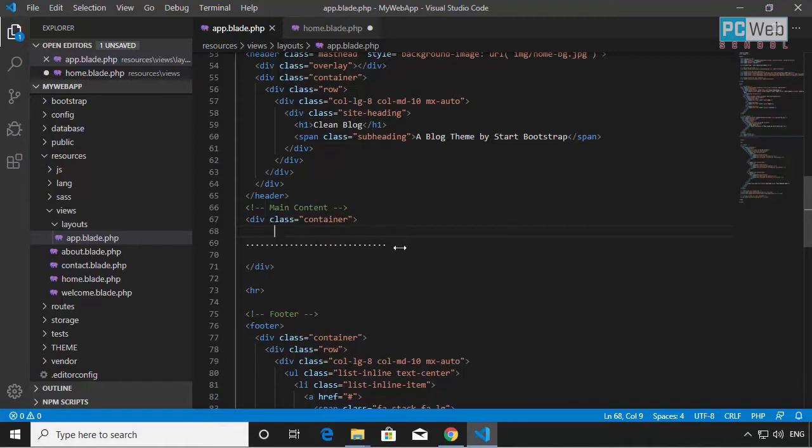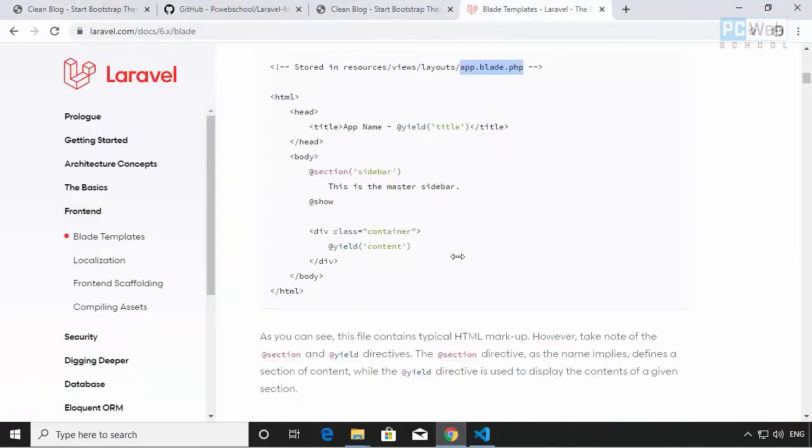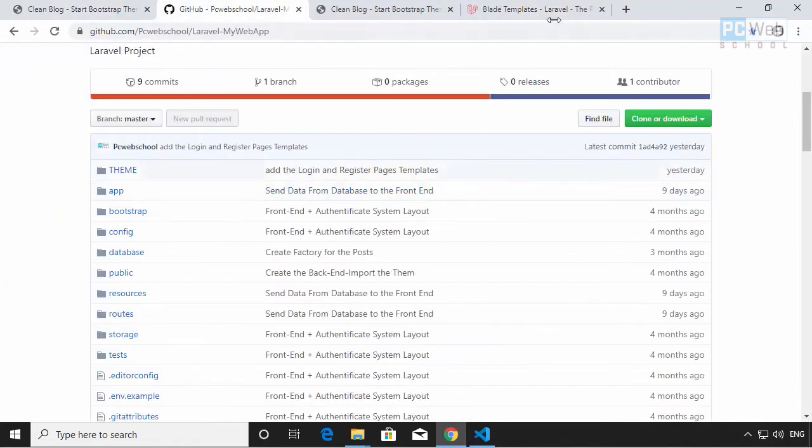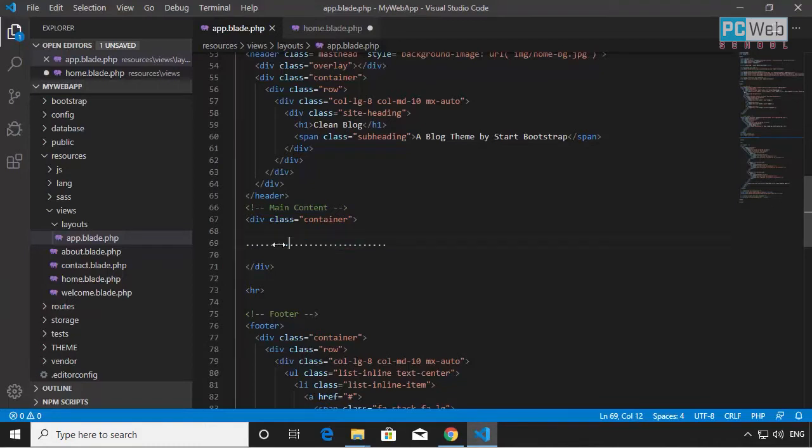But I need a way to identify this middle part, which will be changing for every view we have. If we go to the documentation, what they're saying is we need to use the yield tag. That's why I'm saying we need to create the file with the blade extension, because this way they recognize this type of tags. So let's take this yield and paste it on this layout. Okay, so once it's pasted here,